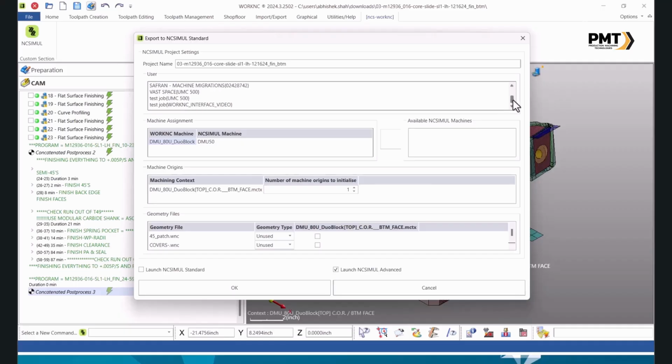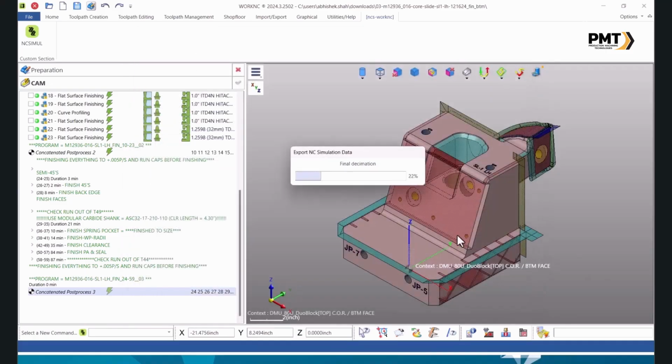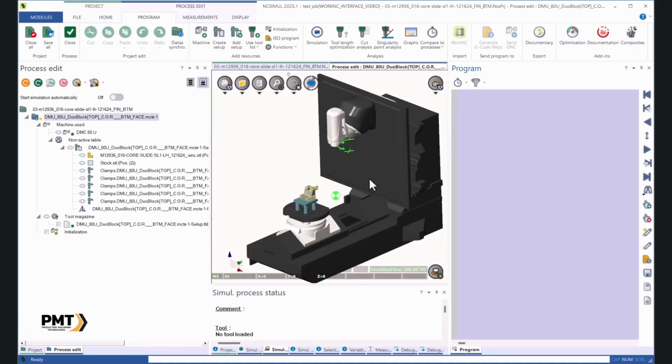Select the environment that contains the relevant digital twin machine for transfer into NC-SIML. Choose the machine from the list of available ones within that environment. Under Geometry Files, the interface automatically identifies the active stock, part, and fixturing elements, but you can define any additional models for transfer. Check the Launch NC-SIML Advanced option and hit OK, which will automatically start a new instance of